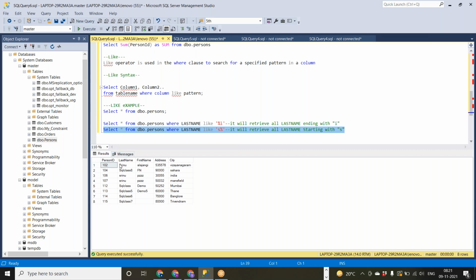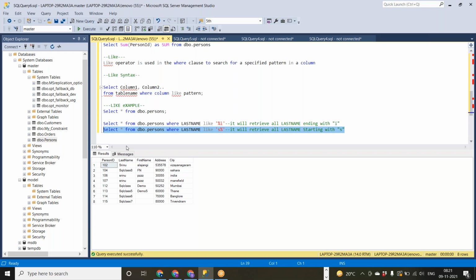You can see all the first letters in the last name are S. We have a total of 6 rows, and after that, whatever the data, it will never mind. It will give all the data starting with S. So in this way, LIKE will work.